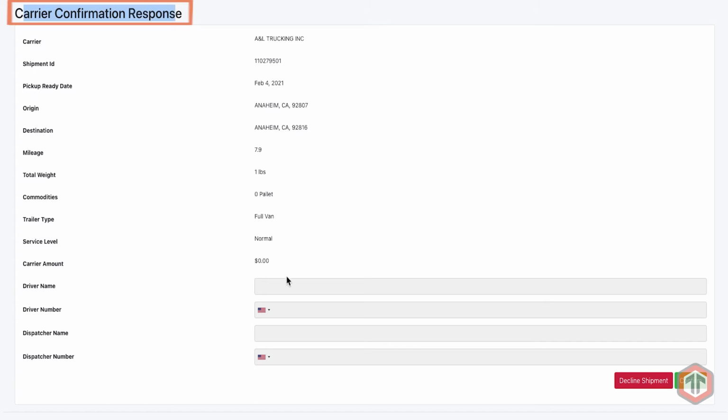What this will allow them to do is enter in any driver name, for example, Kyle, any driver phone number, for example, 714-444-4444, and any dispatcher name, which can be the user who is dispatching. So we'll put in Alan with a number 714, and we'll just enter in a few easy numbers. Once this is confirmed,